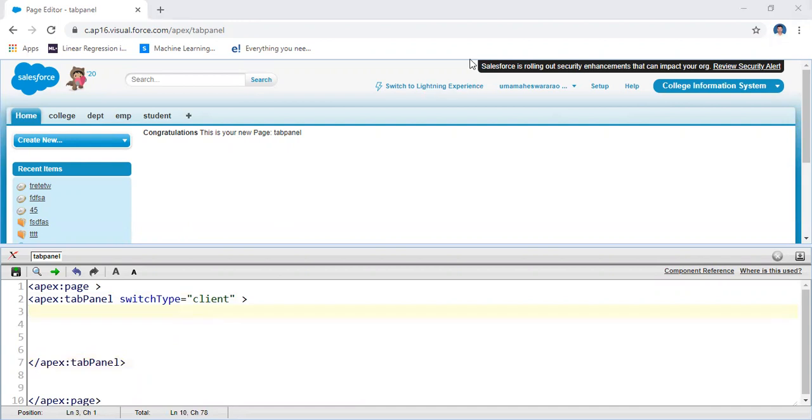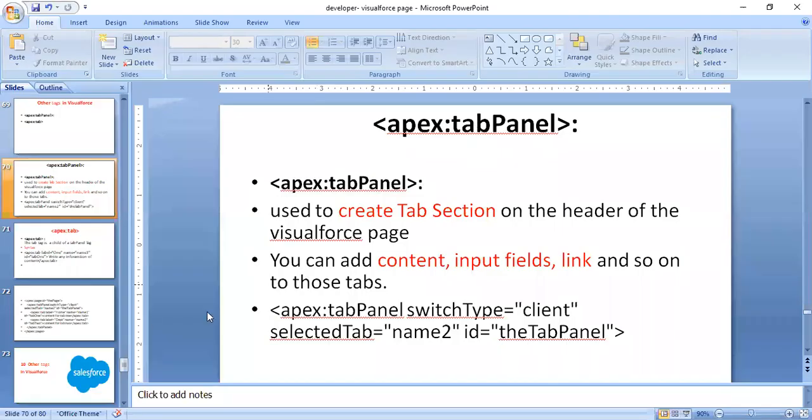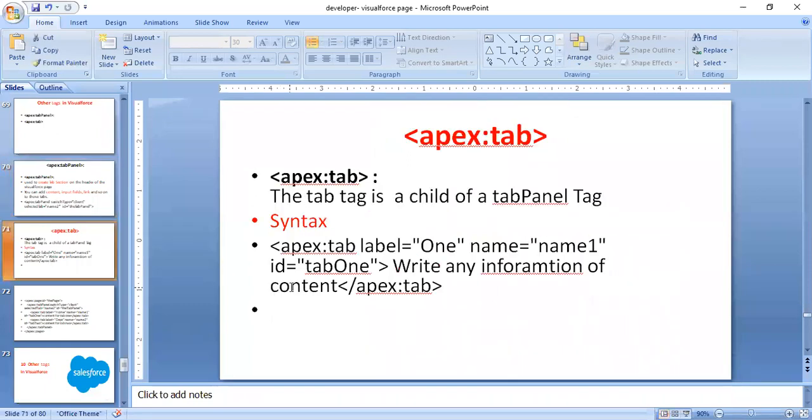What is the syntax for the tab? The syntax for the tab is apex tab label. You may write any label, and then name, and then id. You require three different fields for the tab. Go to salesforce.com.